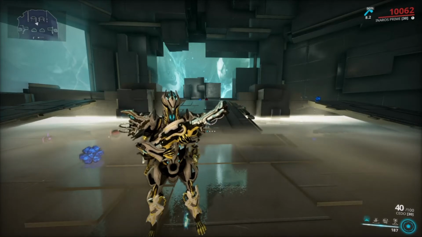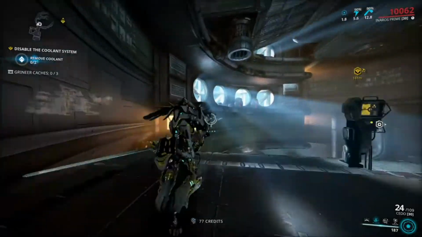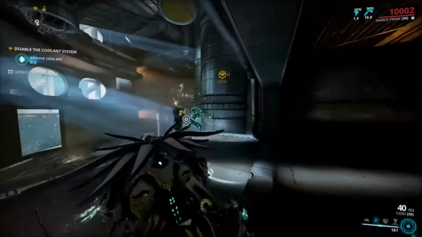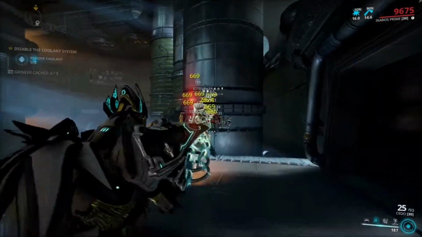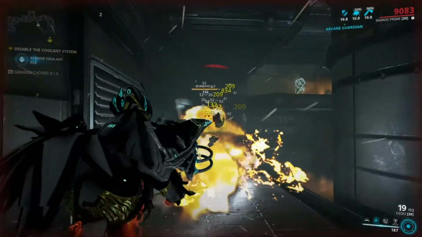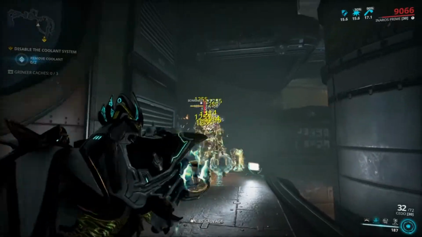So let's take it into Steel Path real quick. Now in Steel Path, I did run out of ammo, so as I said, I would definitely say put a shotgun ammo mutation maybe, or business supplies, whichever one you have. And I think the Exilus slot has a weak polarity. You're probably gonna have to change that to a dash, so that's another forma. But